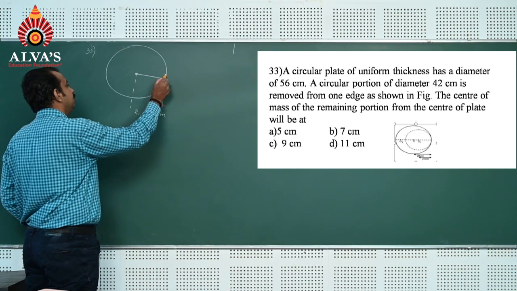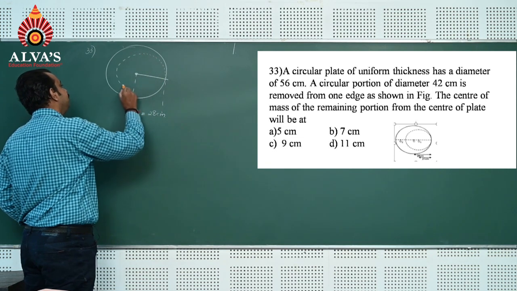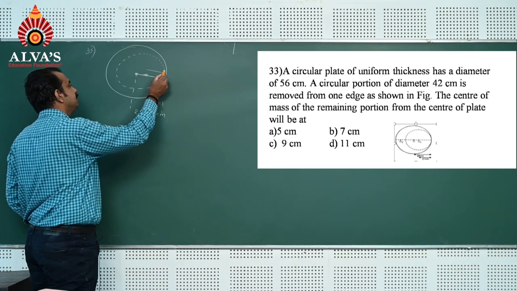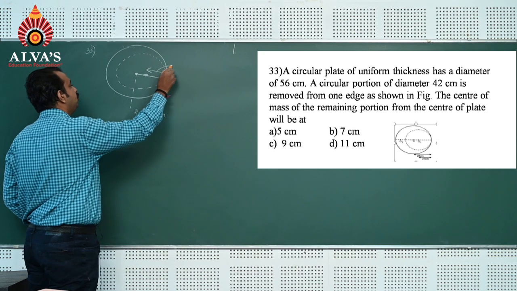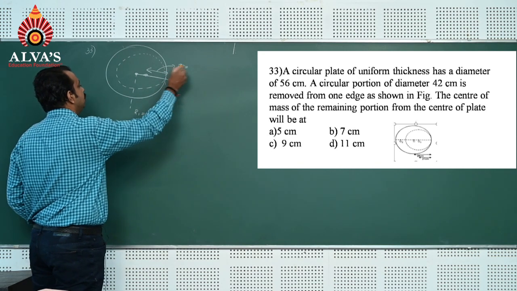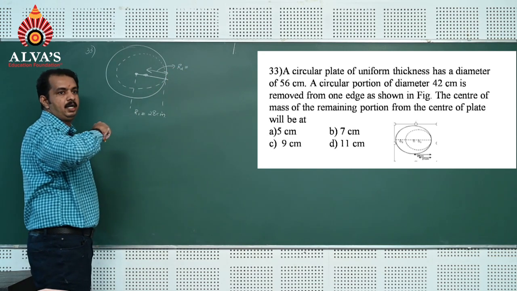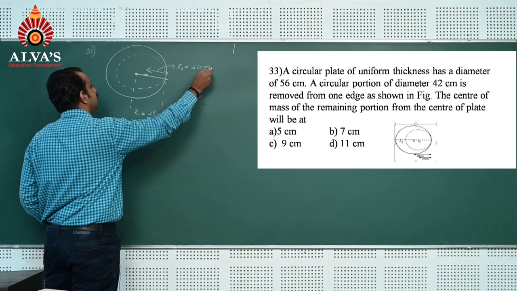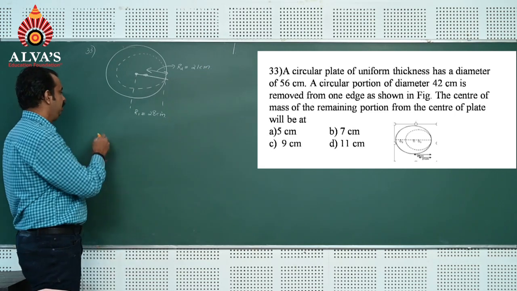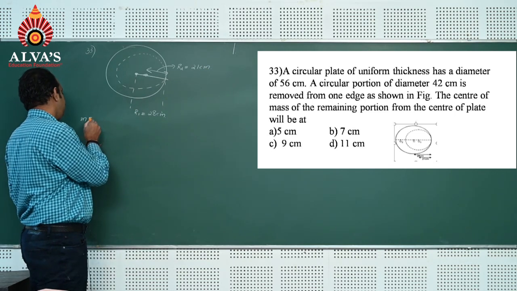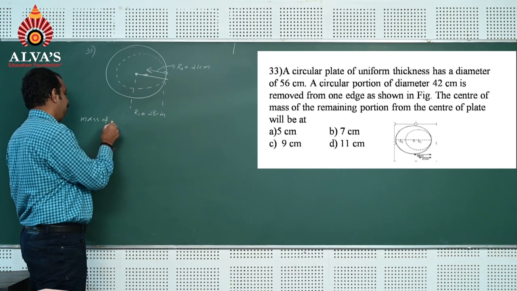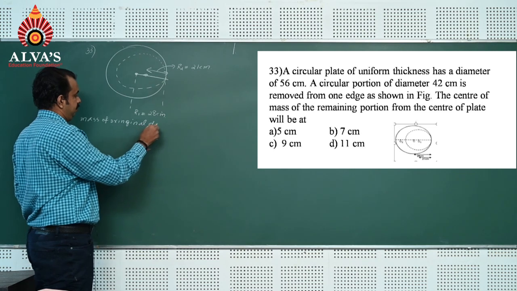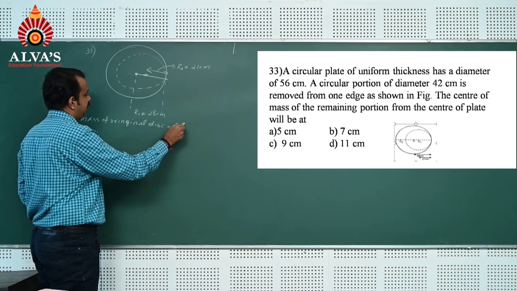We show it in the diagram. This is the center, and this is the radius of the disc to be removed. I would like to take it as R2. R2 is 42 divided by 2, which is 21 centimeter. Now the mass of the original disc we can take as m,